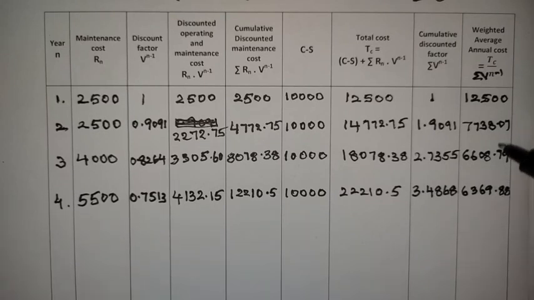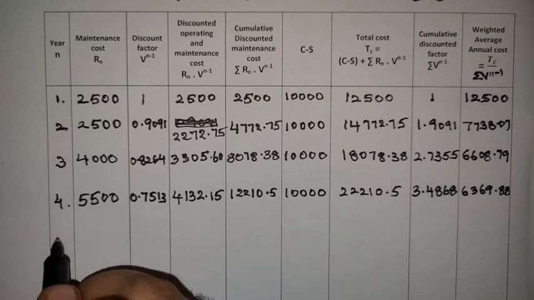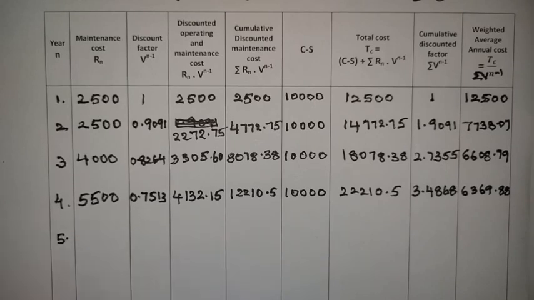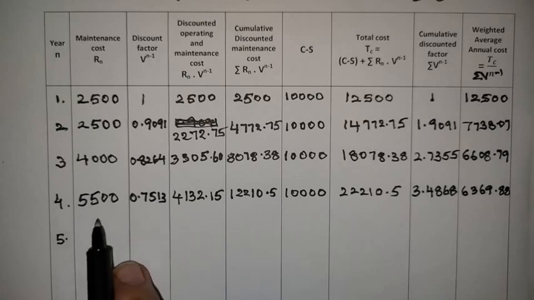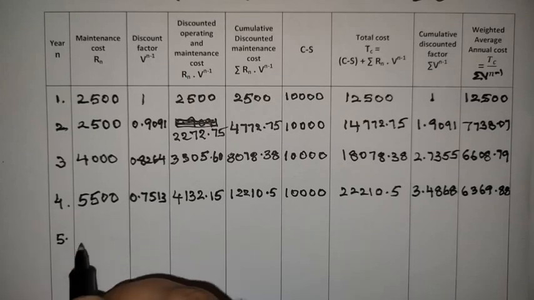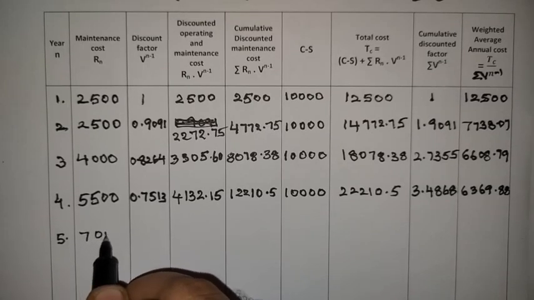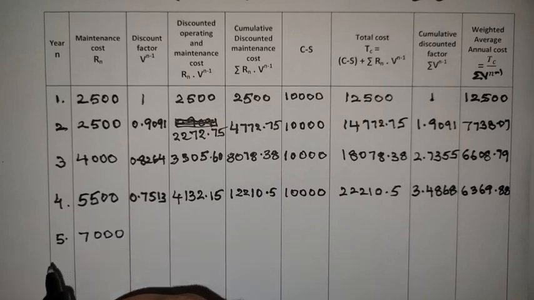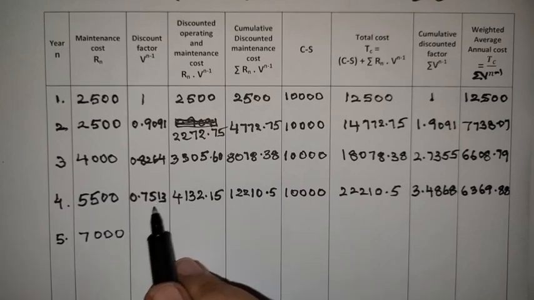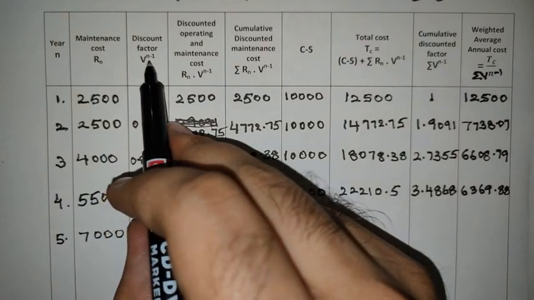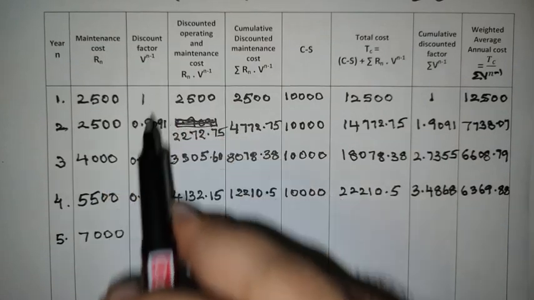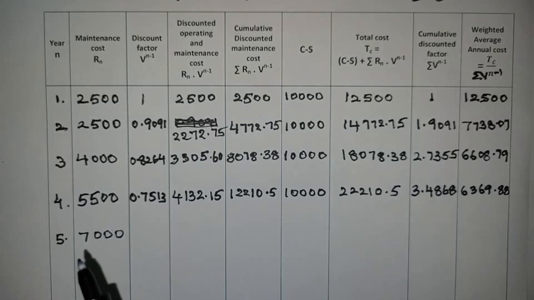Next. So here if you observe, the weighted average value goes on decreasing. So that's why we need to go for the 5th year also. So again add 1500 to this maintenance cost, so then it will become 7000 rupees. So v power n minus 1, now n is 5. V power 5 minus 1 will become v power 4. So if you take v value 0.9091 power 4, you will get